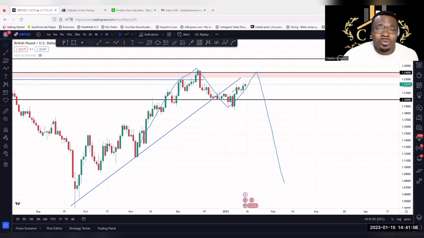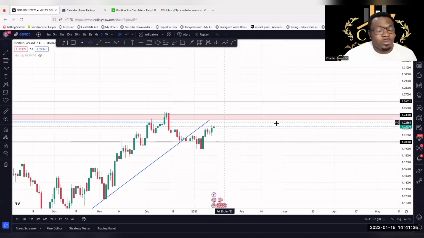So what I want you to watch out for this week is price. Watch out for price here. You might decide to trade the price to that level, or you wait for price to get there and tell you what you should do. That means wait for price action at that key level before you can think of taking action for next week. But I'm anticipating two things. Number one, if the market breaks this key level of 124 zone, 1.2400 zone, then we are heading to 1.26.